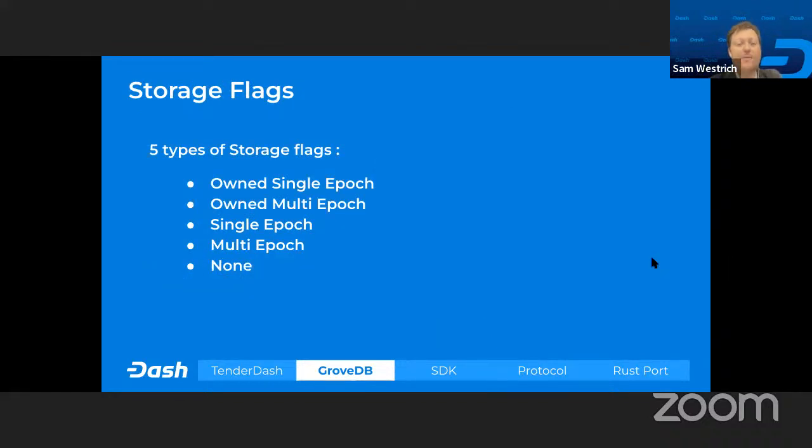So originally, we basically just kept in every element the epoch that the item was inserted. And then when you would remove that item, you would get value back to your identity based off of the initial epoch that it was inserted. Obviously, that sounds like a great system, but when you build it out, you realize that there were some things that you had forgotten. One of those things was when we'd update things. So when we update things, what really happens?